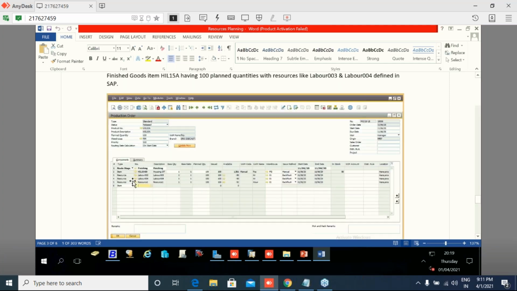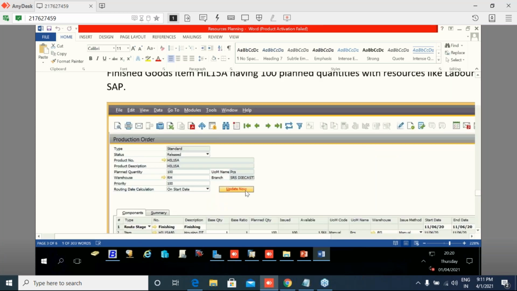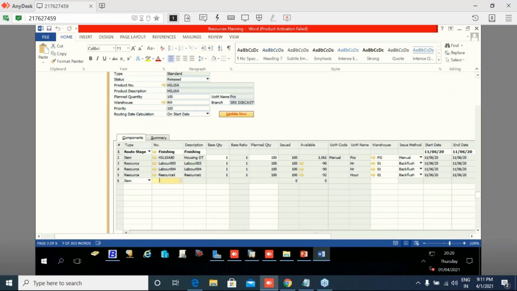And here we can see the resources I have mapped, labor 003 and labor 004. And I have set the routing date calculation on start date. Here the system suggests on start date forward. It's our requirement on which we have to select the parameters.